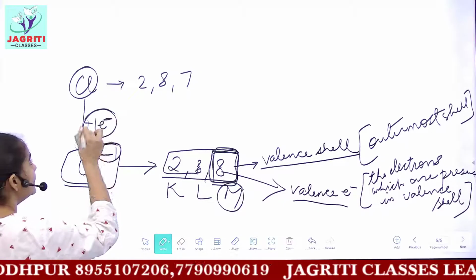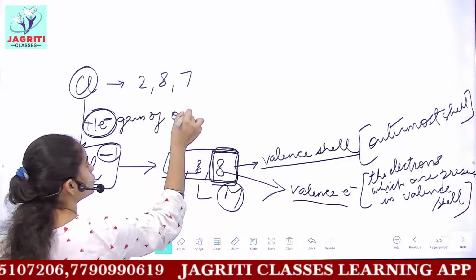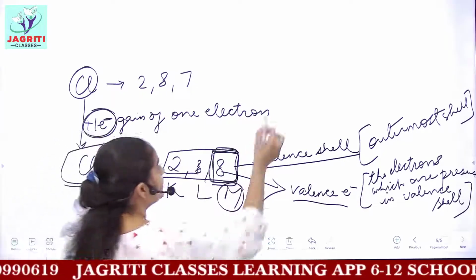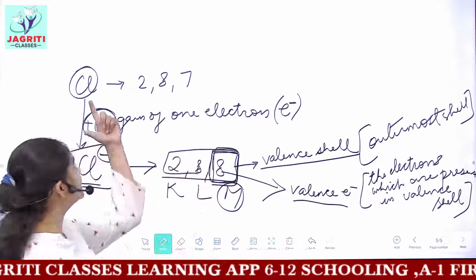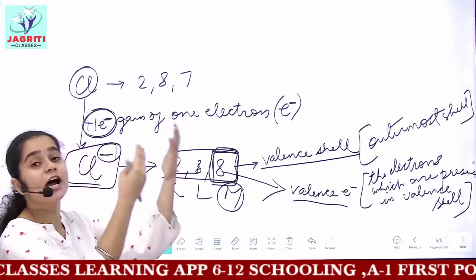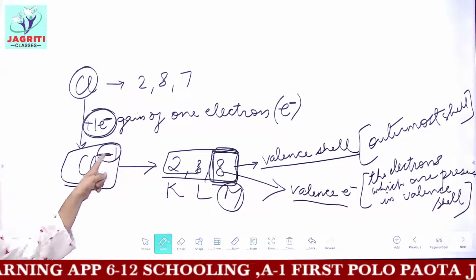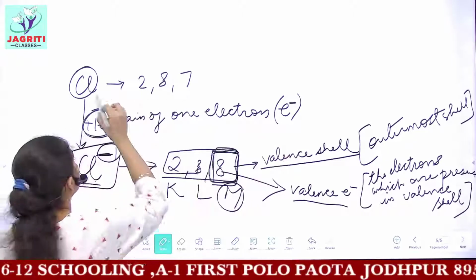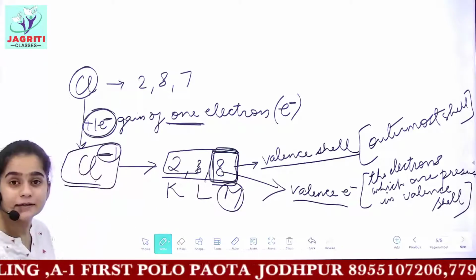Chlorine has gained an electron, okay, this is gain of 1 electron. And you know electrons are negatively charged. Electrons carry a negative charge on them. So if this chlorine gains a negatively charged species, it becomes negative itself. And the number written denotes how many electrons it has taken. Now this chlorine has gained 1 electron, so I am writing -1.